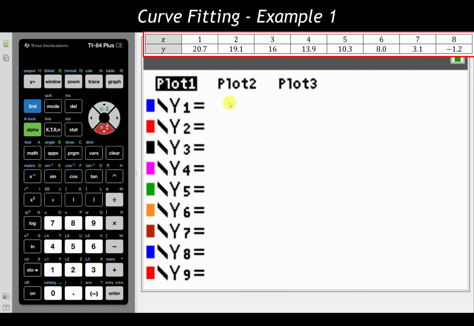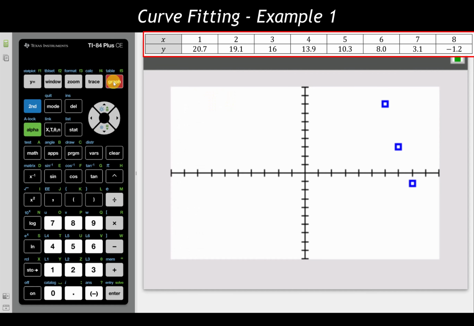So fantastic, let's go take a look at this and see what it looks like. So we're going to hit graph here. And if you're getting something that looks similar to this, you'd be thinking, wait a minute, we entered a whole lot more data than just these 3 data points. Yeah, that's because this thing is set to its automatic and standard zoom lengths. Maybe yours is set to a previously set one, and you're seeing even less than I am right now.